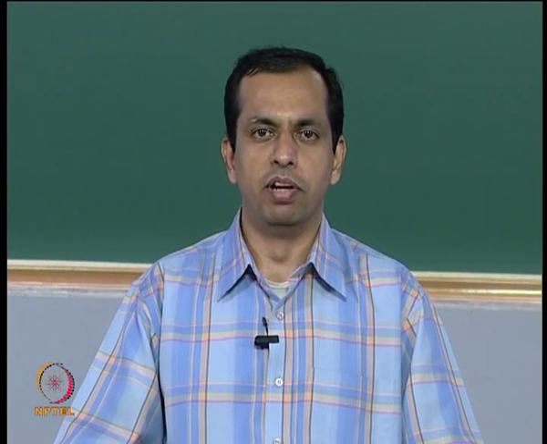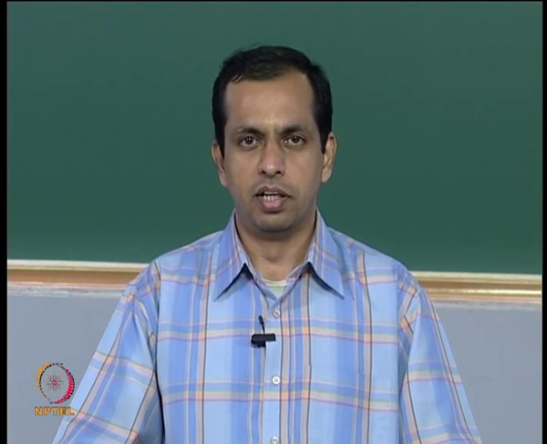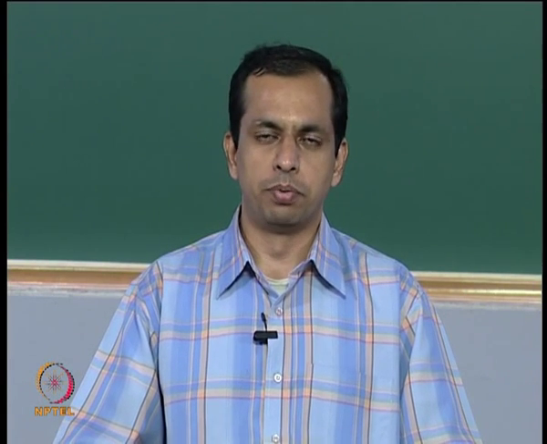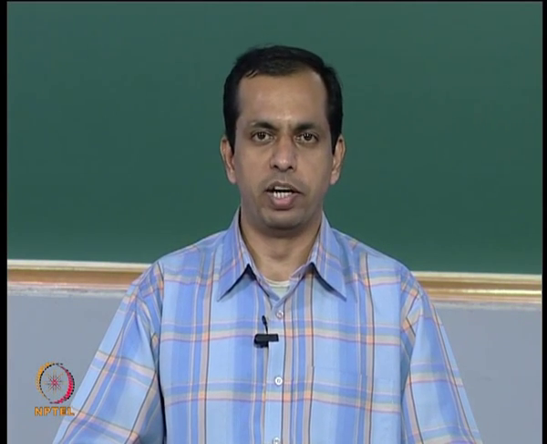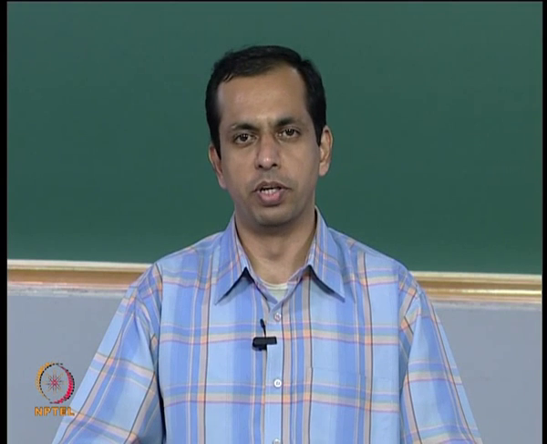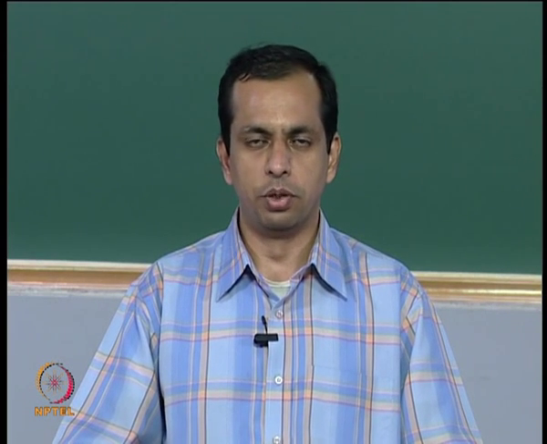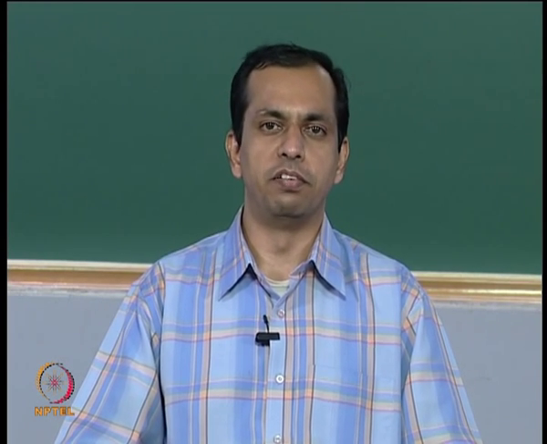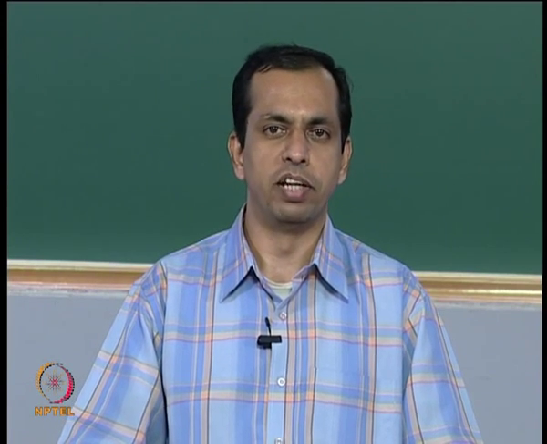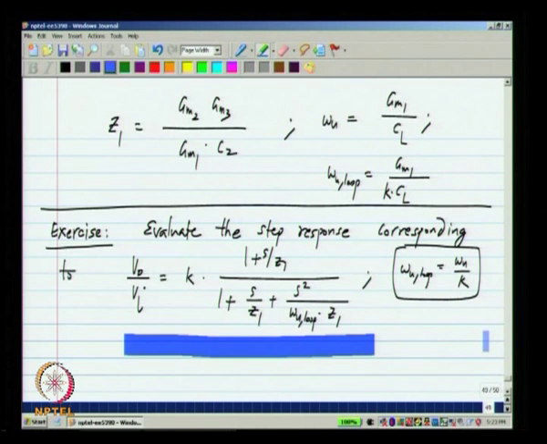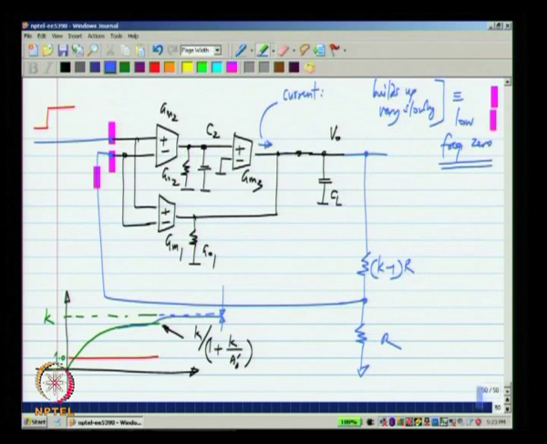In fact, it is harmful. It defeats the purpose of having a 2 stage feed forward compensated op amp. The reason to go to 2 stages was to provide high DC gain, but you have to wait forever to reach that. So, while the 0 has to be lower than the unity loop gain frequency, you can't go crazy and push it very low. Okay. Now, you please analyze this using Laplace transforms, and the conclusion that you draw must be consistent with what I have shown here. You have to plot it for many different cases of 0 to be able to see this. Okay.